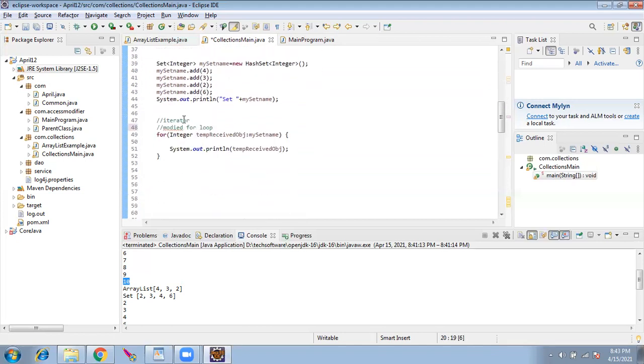But here, this is a modified for loop. We don't have that. We just take from the collection, put it in an object, and use the object.